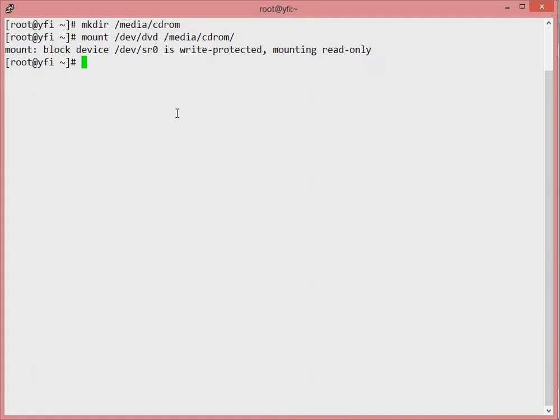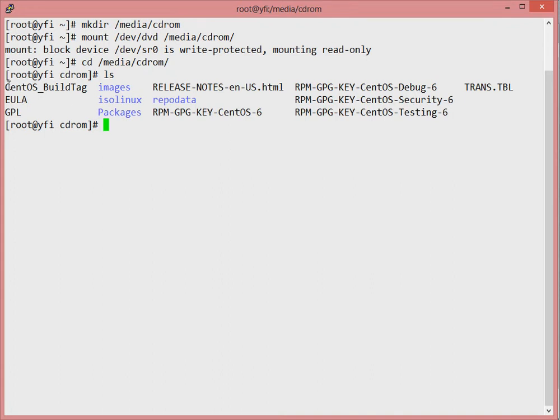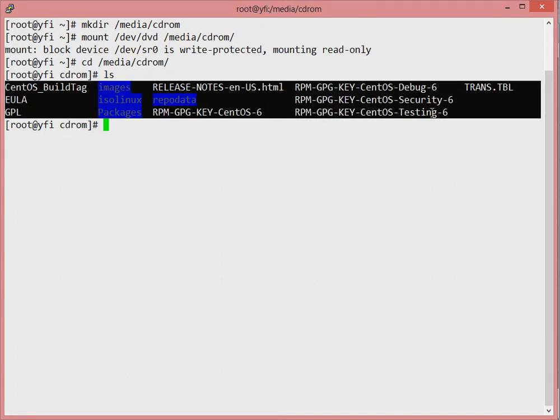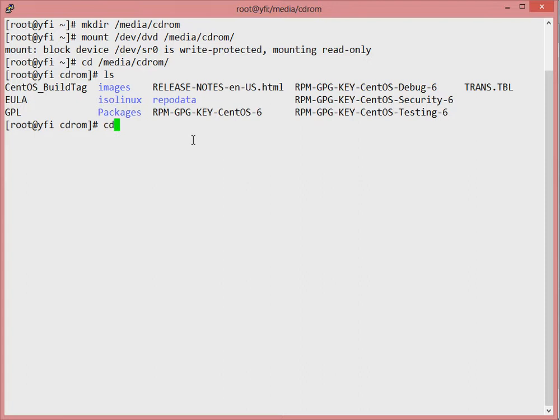So this might be different in your own case, the location of the DVD on the device directory. So you can see here that mount block device mount read only, so it means I've successfully mounted the CD-ROM drive, just to show you that this is correct. So if I get into this, you can see the content of the ISO image on my system. Alright, so the next thing I do is I run the yum, and then I run the